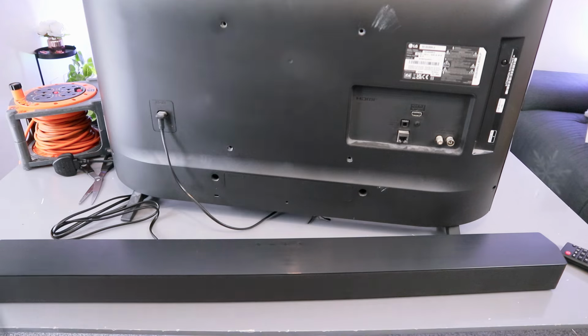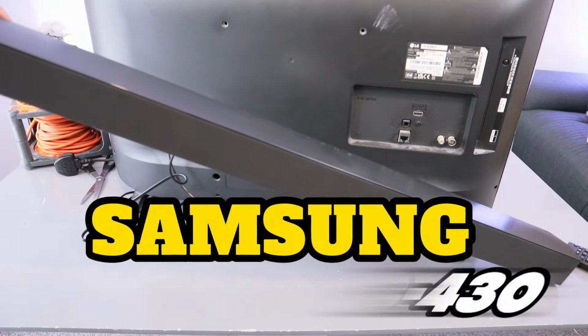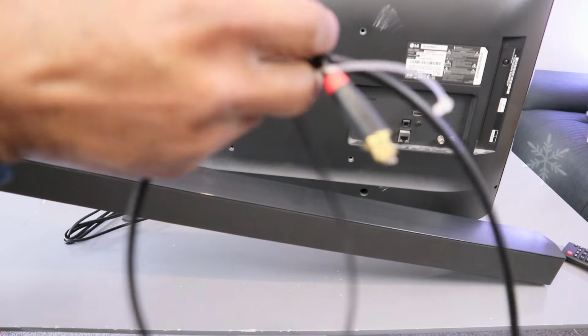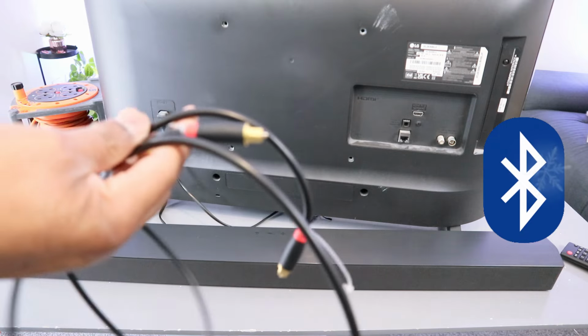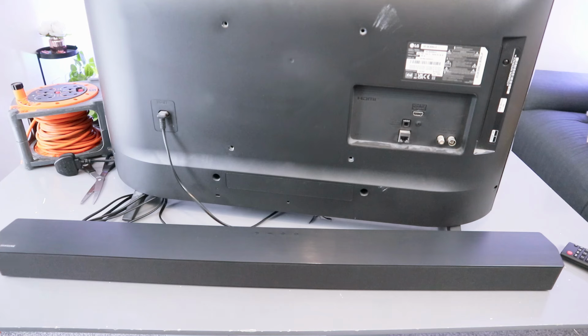Hey guys, what I want to do is to show you how to connect this soundbar, Samsung C430, to your TV using optical cable. You can connect this soundbar to your TV using optical cable or via Bluetooth. Optical cable is not included in the packaging, so to connect this you need to first of all unplug the